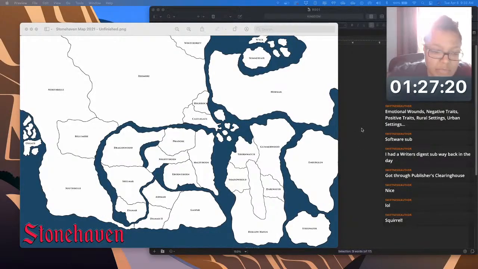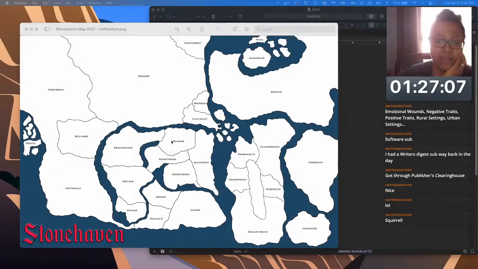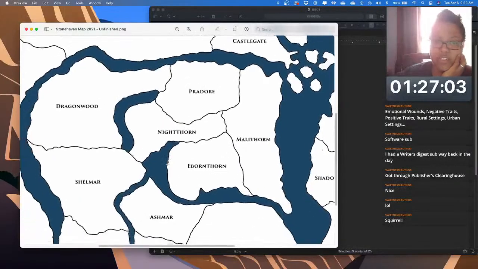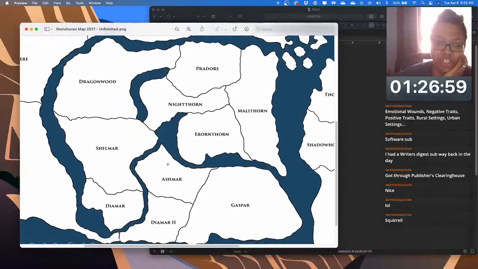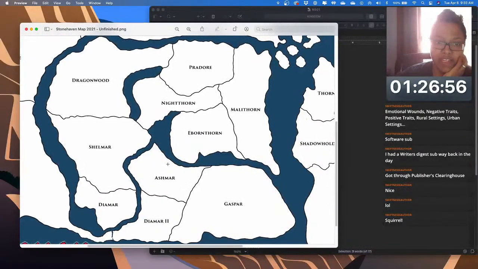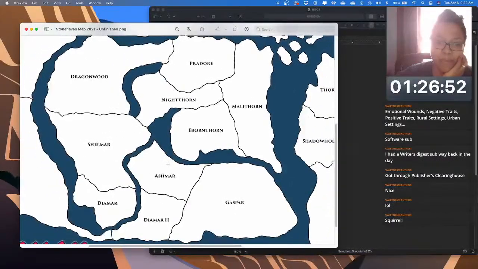so here is a cleverly drawn map of my world. Originally this portion was all that I had. So let me zoom in. When I first created Stonehaven, it was actually called Shadow Realm. I changed it from Shadow Realm to Stonehaven, but when I first created it, literally this was all that the map was, not counting